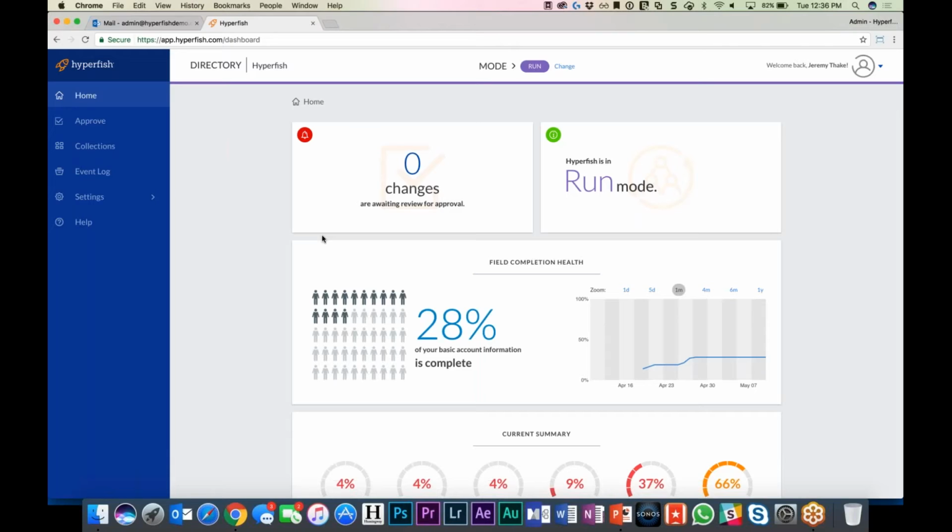And typically with an organization, we'll do it for around 30 up to 100 users, depending on the size of the organization, just to get an idea about how that's working and whether you need to do any change management or communication plans to let people know that Hyperfish might start reaching out to ask you to change things and so forth. So that's how I would say the next steps would go if people are interested in looking at this more. But as I say,